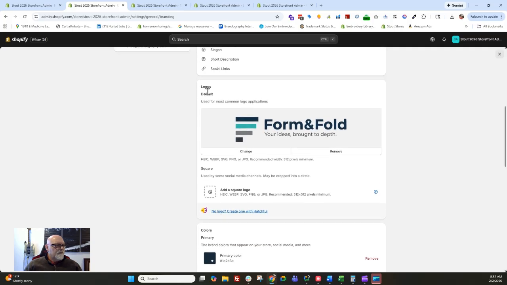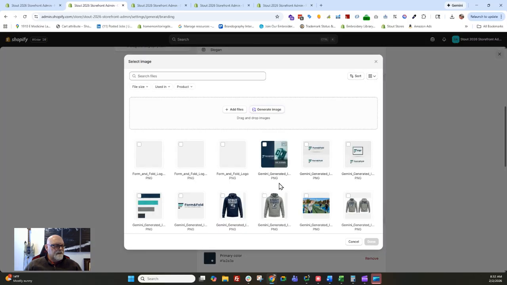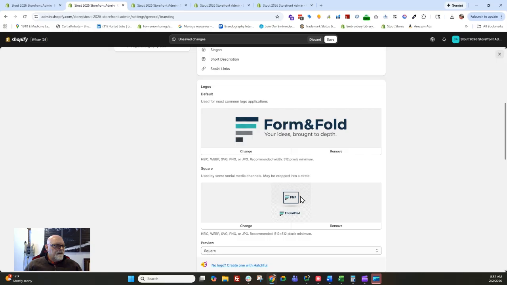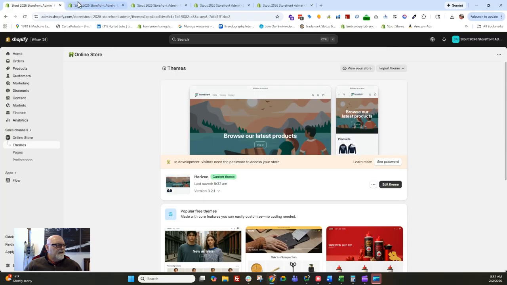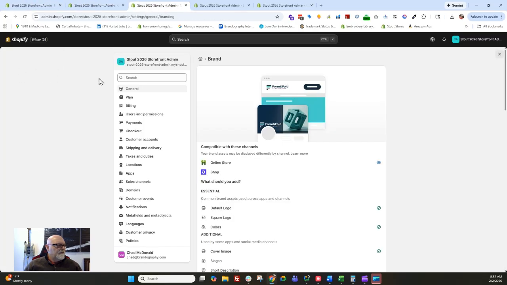To start with, we got a default logo. To add one, it'll look like this when you get here. You're going to click it, and for example, this is going to be the square logo, and I've already created one, but I'm going to go in here, add this. Oh, you know what? I have to edit that out because I'll discard that. I have to go in to my